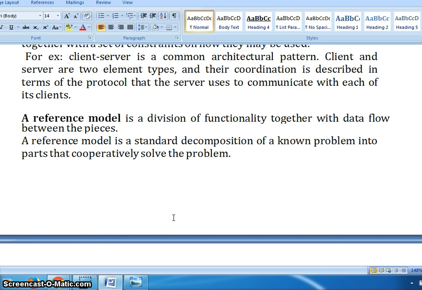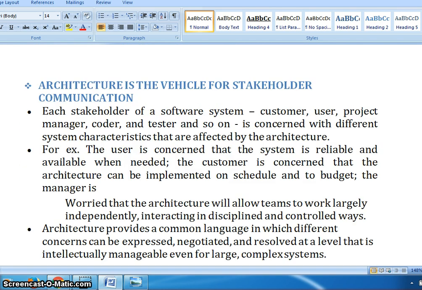We will decompose the elements in such a way that the elements behave in the same way and exhibit the characteristics in the same manner. Like this, we divide the group of elements into different forms, which is called decomposition of elements. And this is about the reference model.